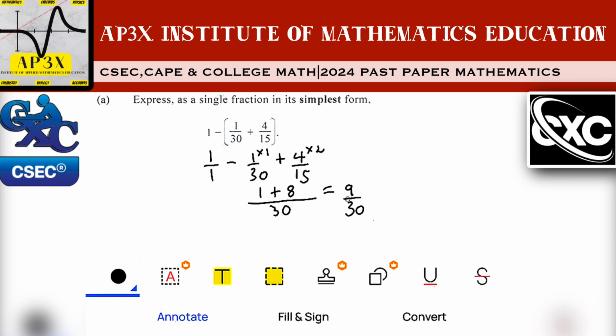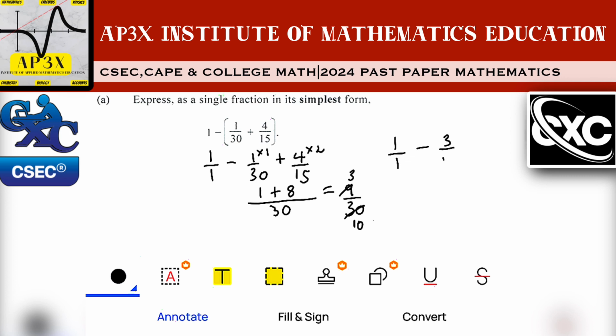And so therefore then we can reduce this fraction by using a factor of 3. So 3 into 9 goes 3 times, and 3 into 30 goes 10 times. So the answer for what is in the bracket is in fact 1 over 10. Now we can go ahead and use the 1 over 1, and we're going to minus